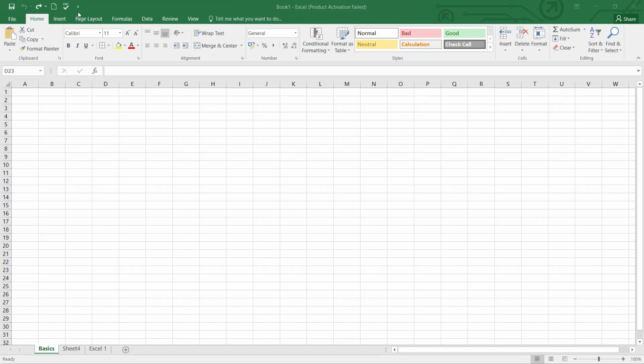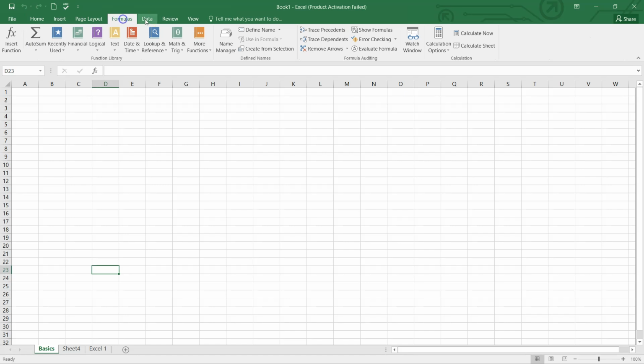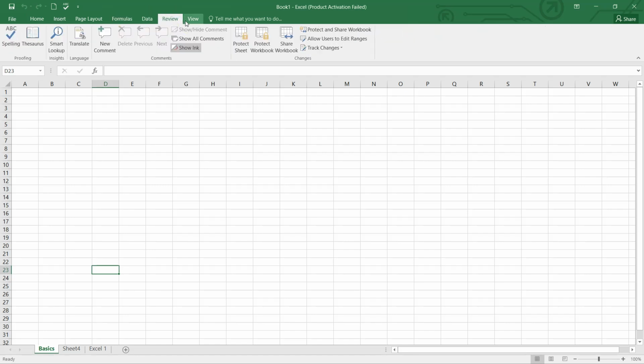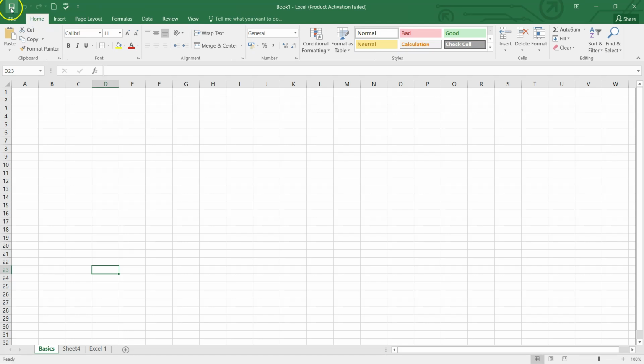What is it used for? The Quick Access toolbar is used in such cases wherein you do not want to access any of the tools present in the tabs and do that repetitive process again and again. Instead, we can add those tools over here in the toolbar so that we can quickly access them.